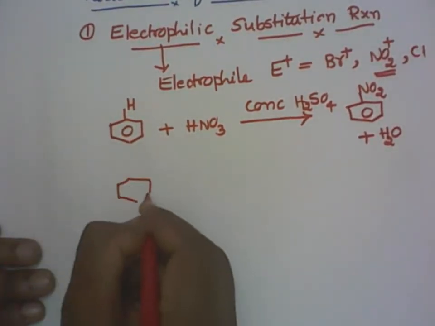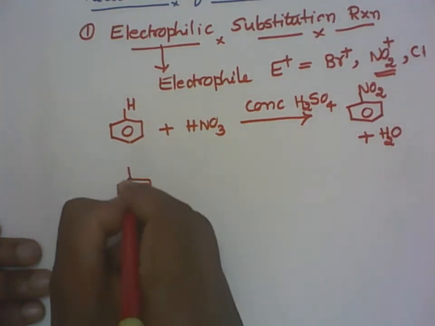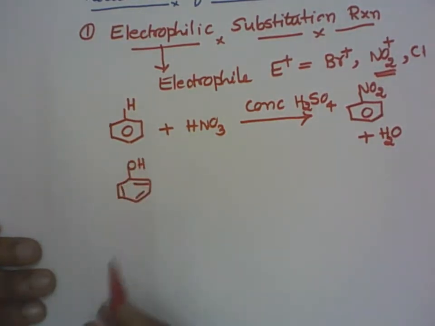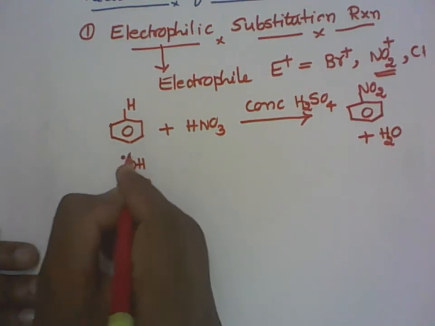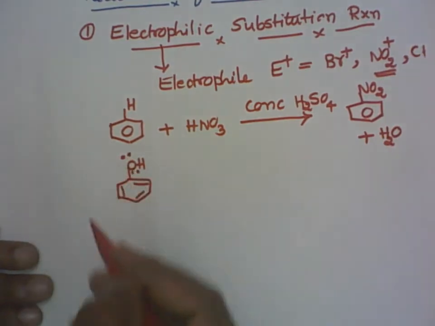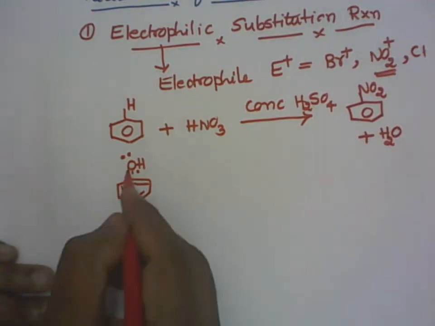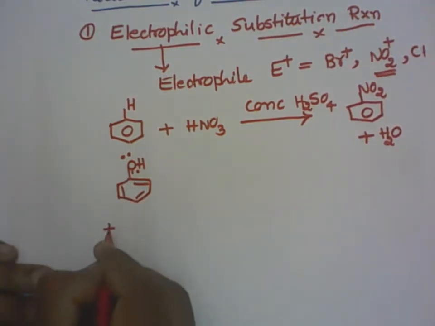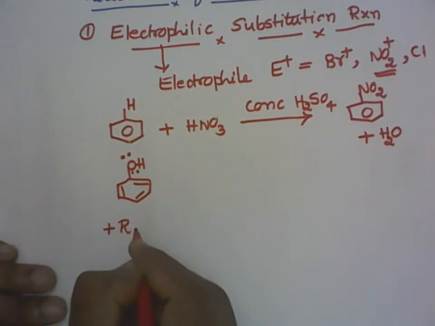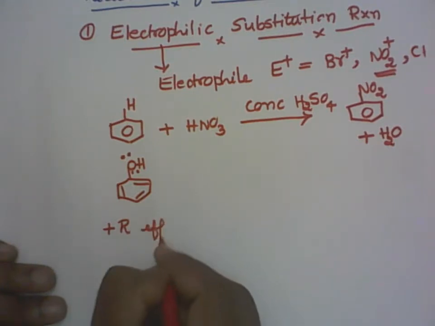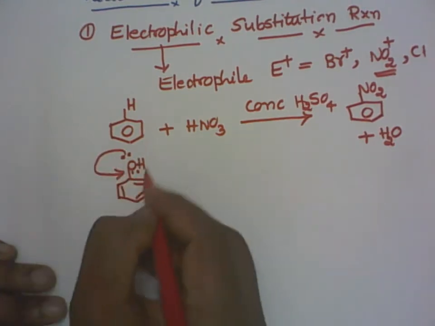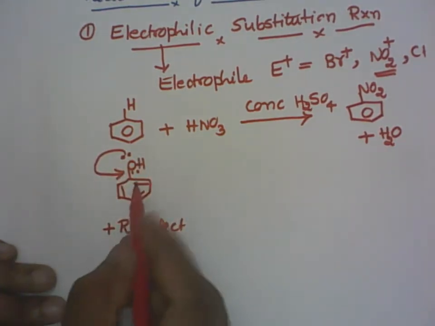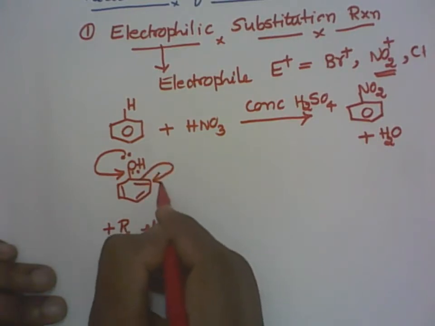Now we have got phenol. Phenol is a benzene ring attached to the OH group, correct? It is a mono-substituted benzene. On benzene, there is an OH. Oxygen contains two lone pairs of electrons. It is involved in the resonance. So one of the electronic effects is the resonance effect, plus R effect. So now what will happen? The lone pair undergoes delocalization. The weaker pi bond breaks and the bond becomes the charge.